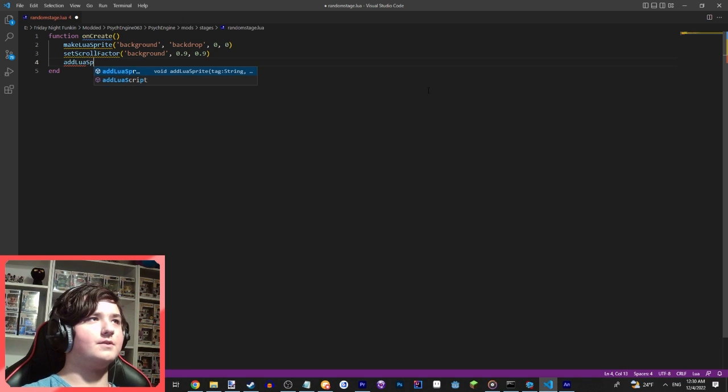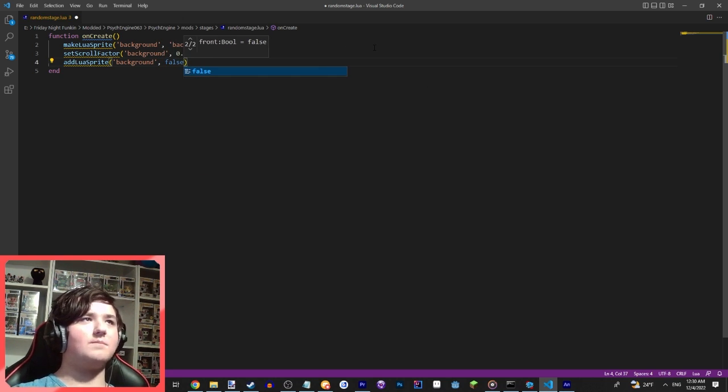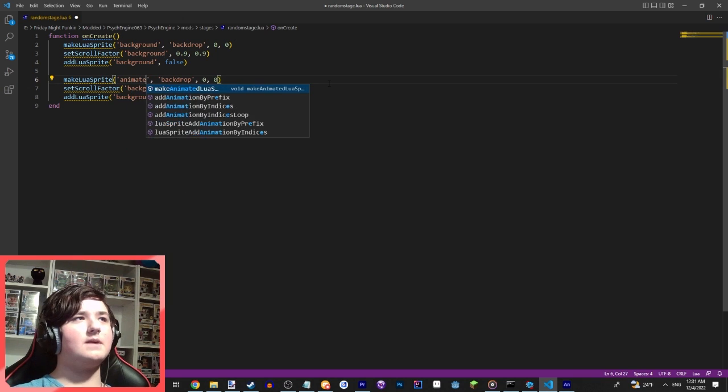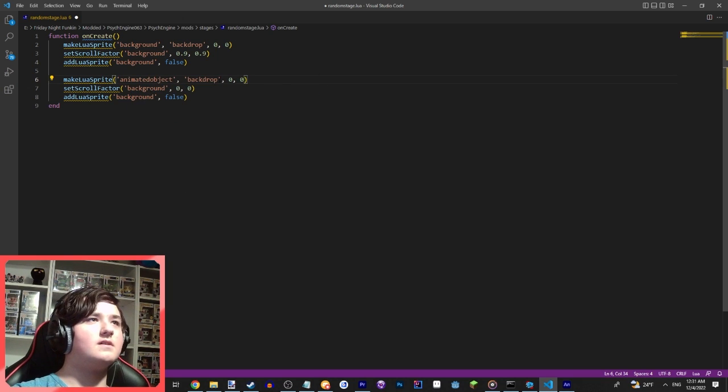Let's go ahead and do addLuaSprite, background, and then front boolean, and we're going to want it to not be in the front. Now let's copy that over. Let's disable the scroll factor, actually. Let's call this animated object, and I think it's called middle. So if we go ahead and copy this over that,